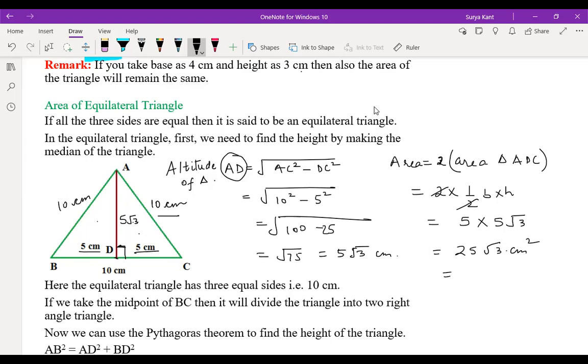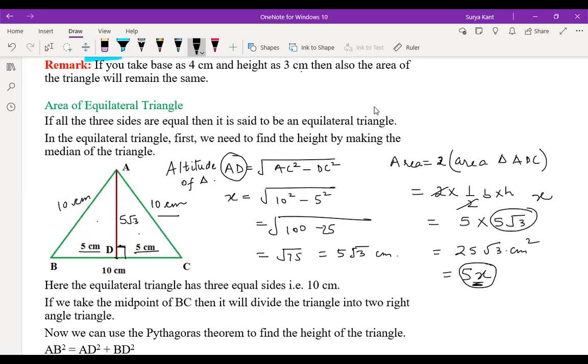So you are saying that we'll write here 5x, right? Instead of this part, you want to write x, you are saying. Yes, sir. And then in this way, can we find the height, sir? So how do you want to find the height? You tell me your formula. What do you want to say? I'm not understanding. I think what he was asking was, instead of writing root 75, why don't we write AD as x and then substitute it here to find out the formula. I think that's what he was trying to convey.